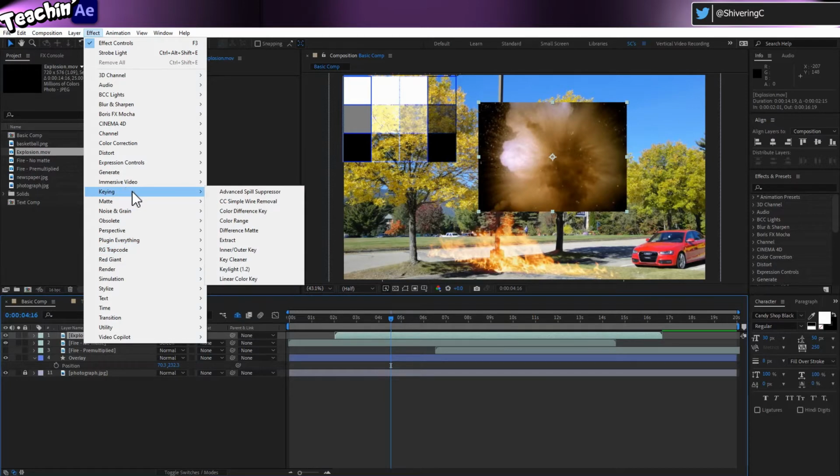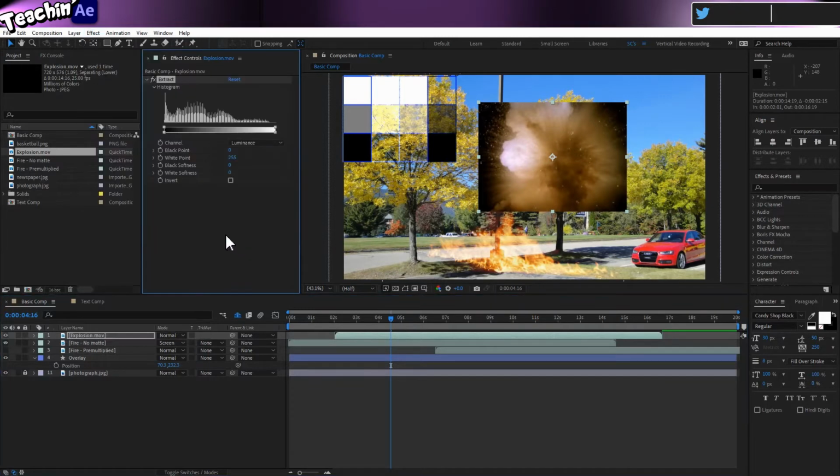Now we've got loads of different options here. I'd probably use something like extract here. Actually, I wouldn't. I'd use transfer modes, which is the whole point of the video. But if I was trying to do this, I might try to use extract. If you now increase the black point,